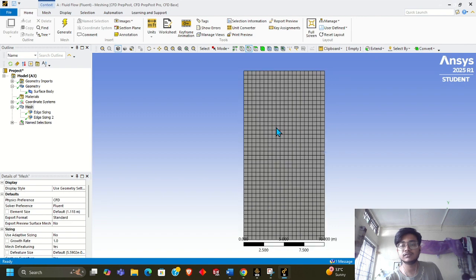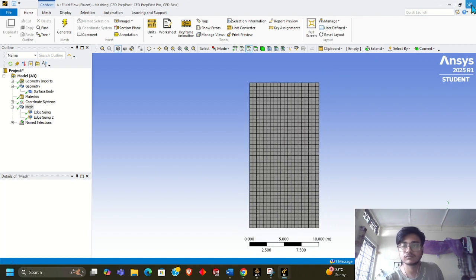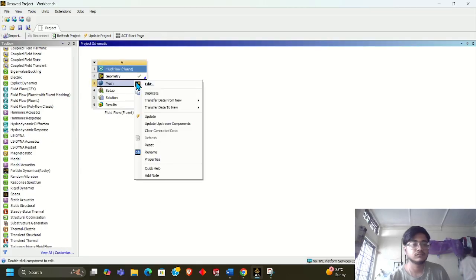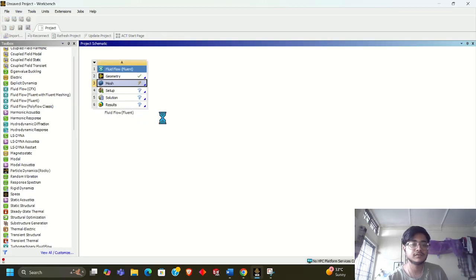Now I'm going to close the meshing window. Now I'm going to update it. Okay, now it's updated. Now let me open the setup here,